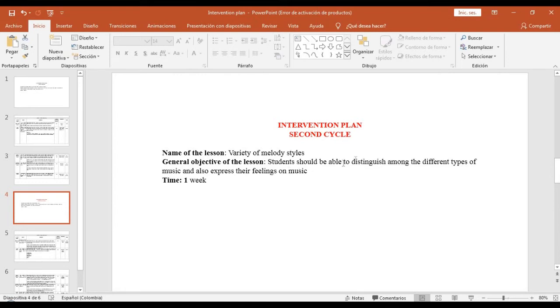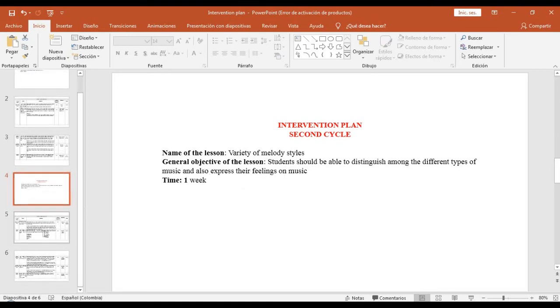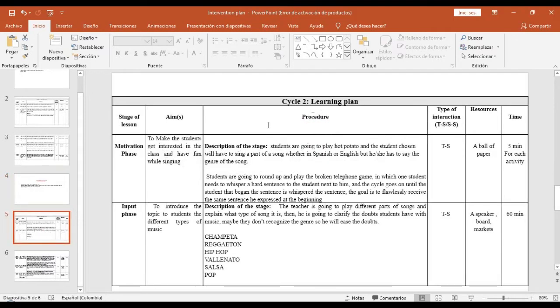The general objective of the lesson is that students should be able to distinguish among the different types of music and also express their feelings on music. The time is 1 week again, depending on the hours the school has on English. And well, for starting this, let's start with the motivation phase to make the students get interested in class and have fun while singing. And well, in this stage,